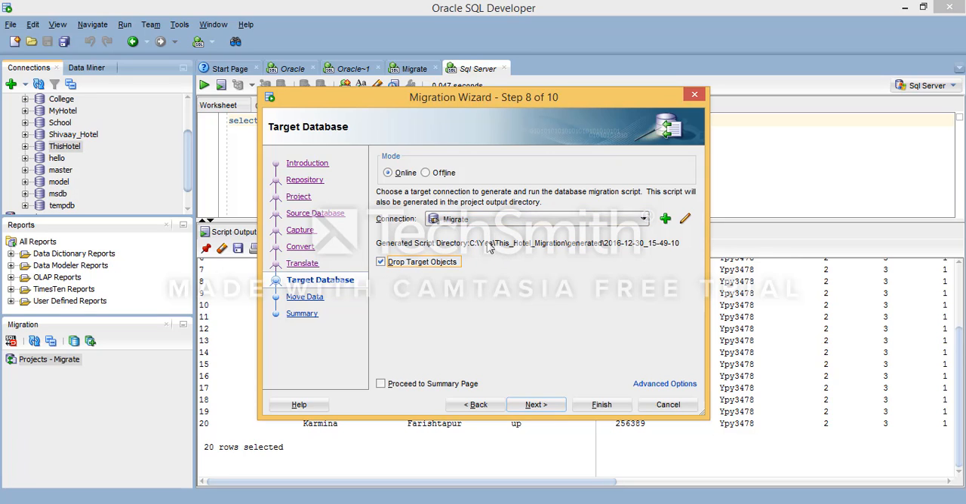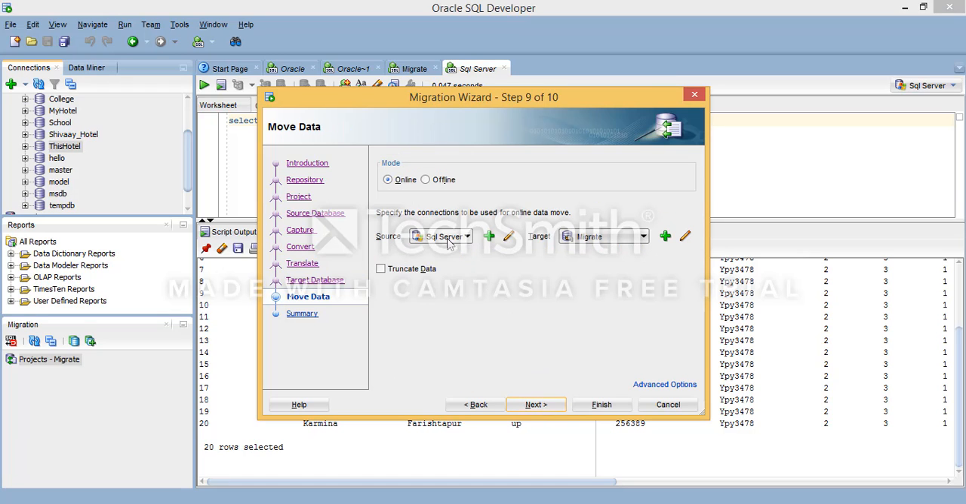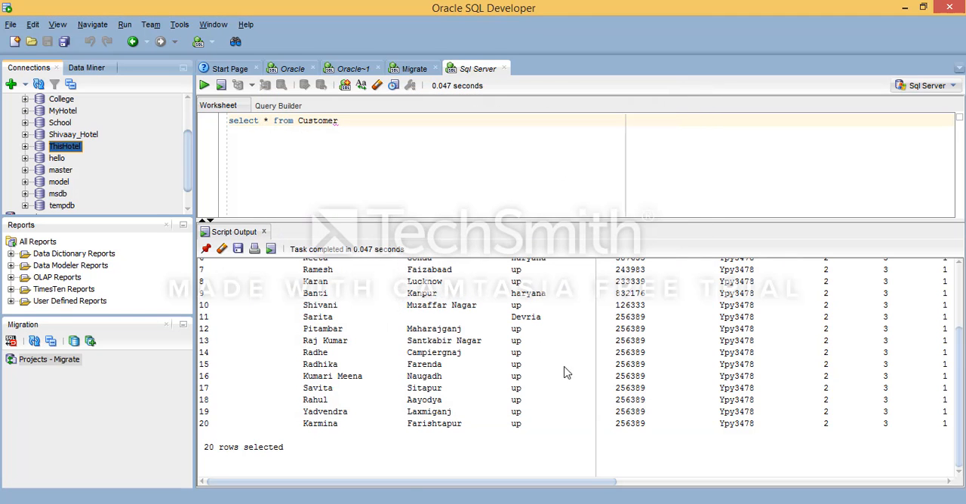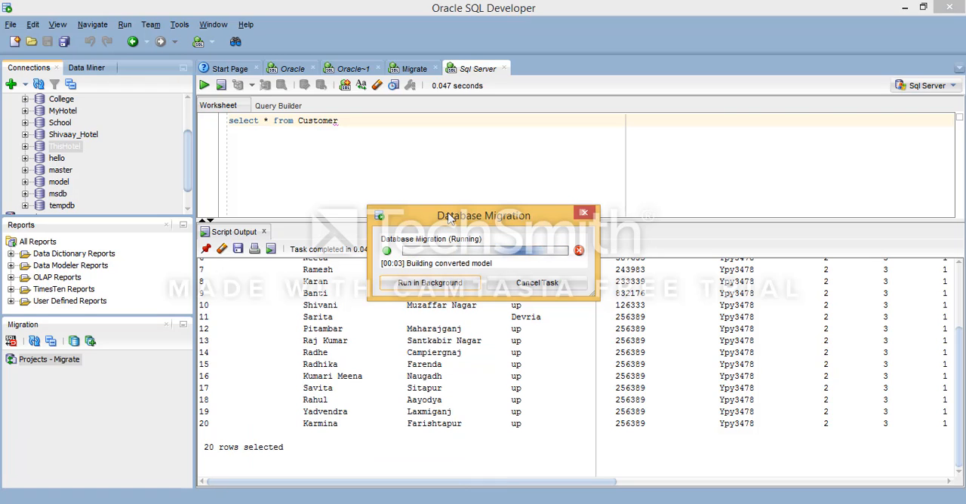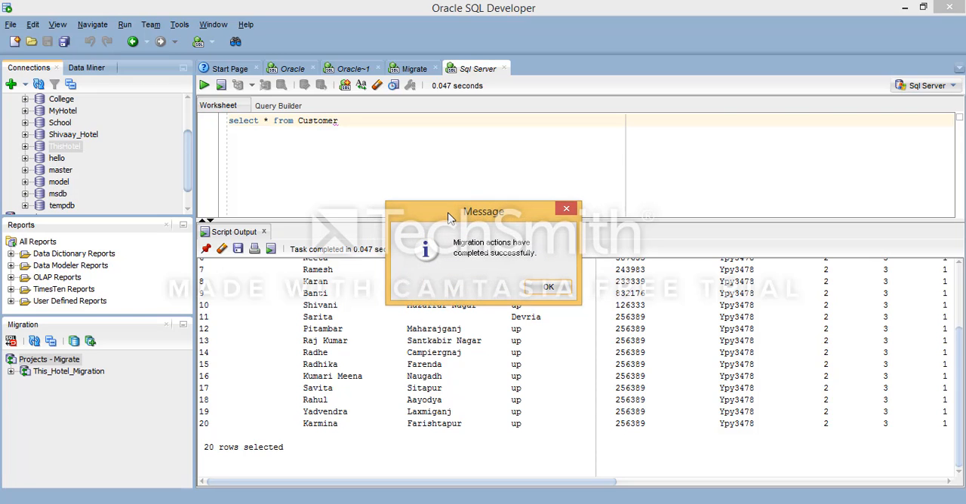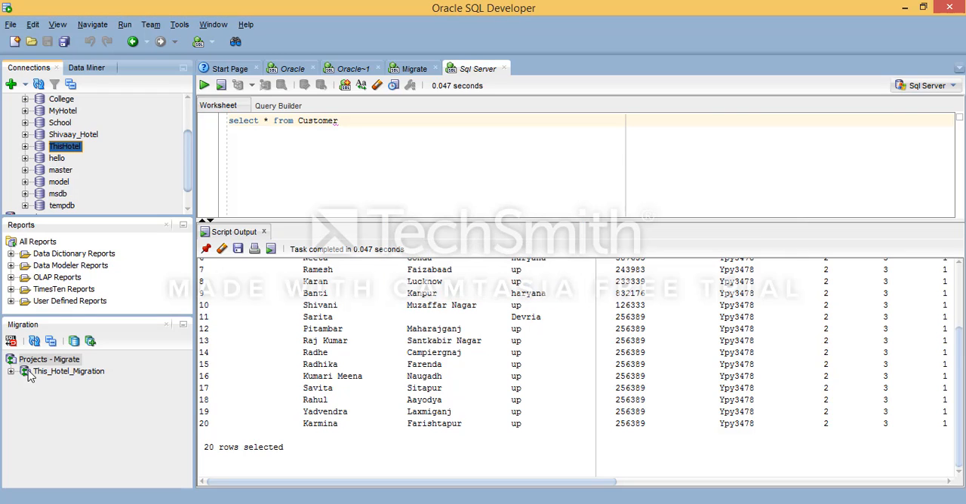Now let's click next, and here you can see the target is online. Click next, and now it's going to migrate. You can see everything is performing very well, no problem. It will take near about 30 seconds. Okay, the migration action has completed successfully. Click OK. Now here you can see,